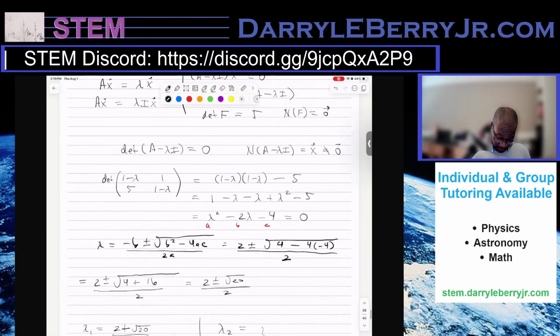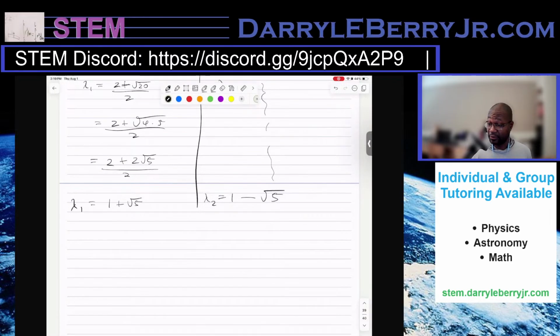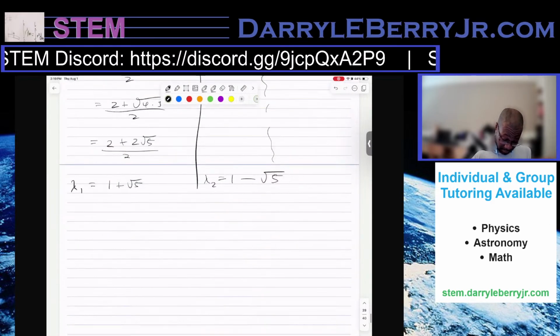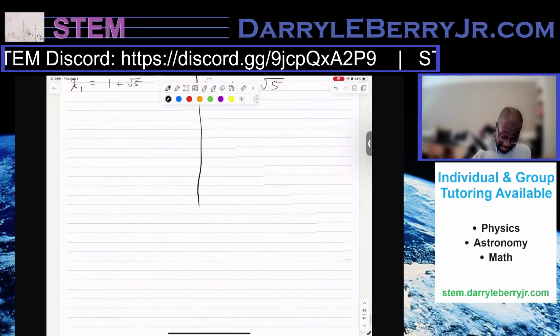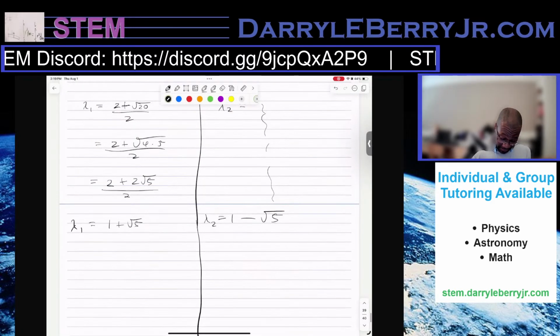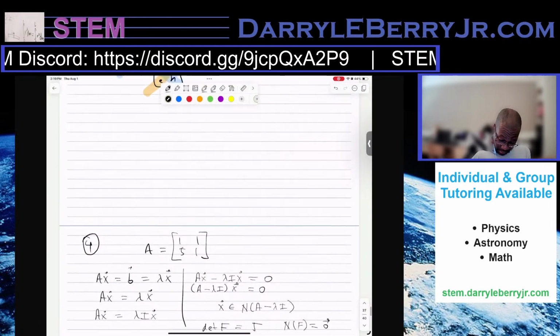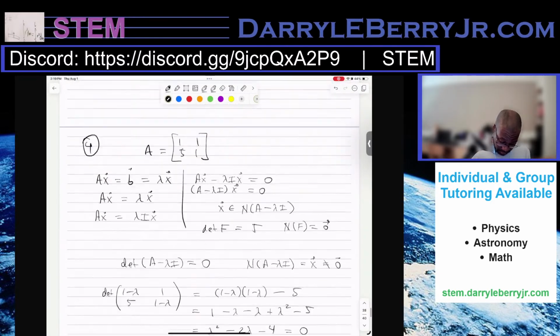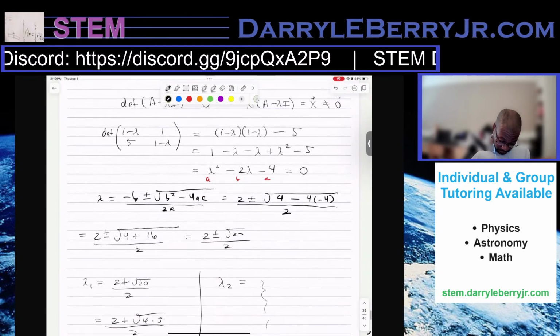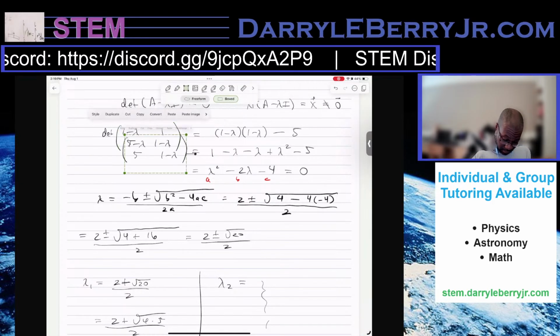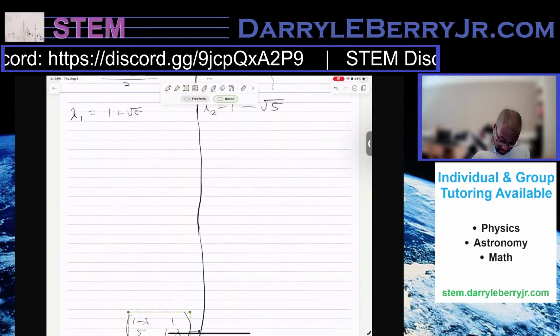Right? Awesome. So now we have our eigenvalues. So that was the first thing we had to do. Now for eigenvectors, we simply utilize the eigenvalues that we got. So where are we here? Oh, scroll too far. Oh, here we go. I just want to find this matrix here. Right? So we have this,